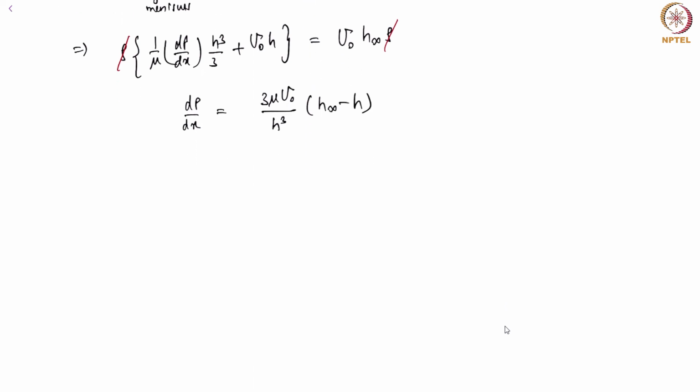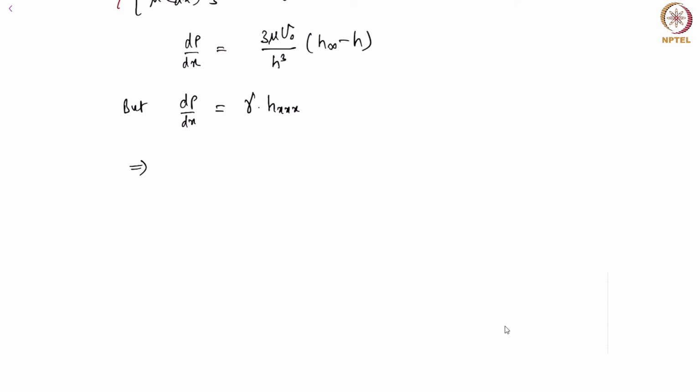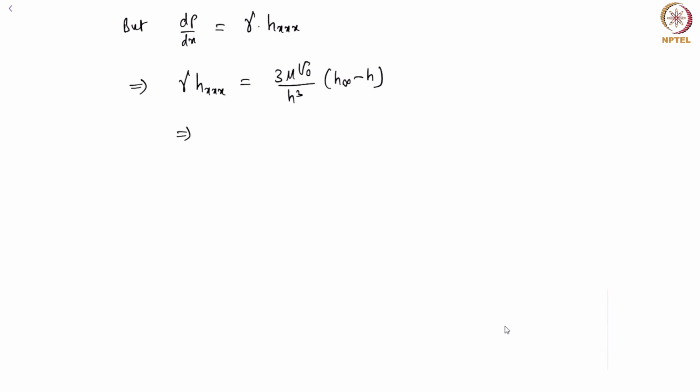Okay, but we know the pressure gradient is nothing but capillary pressure gradient. This pressure gradient is because of curvature, so that's gamma times hxxx, that is third derivative, and if I substitute this, we get gamma times hxx is mu u naught by h cube, h infinity minus h,